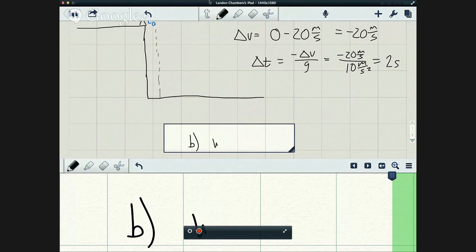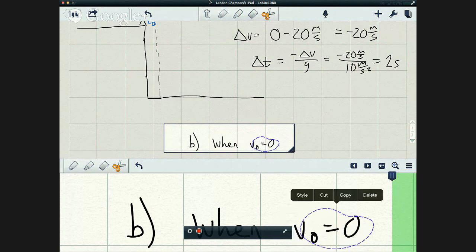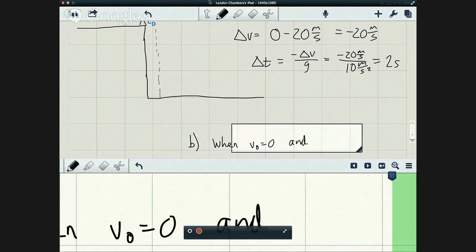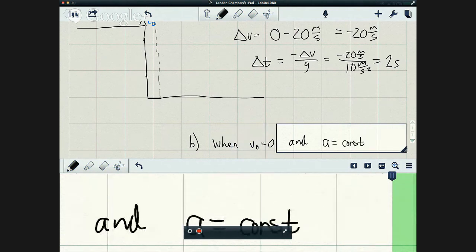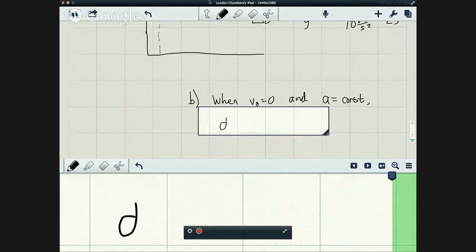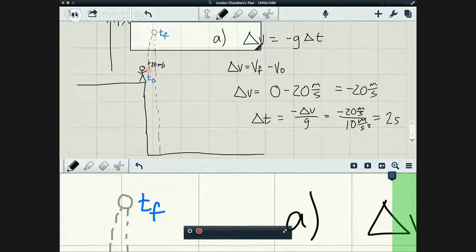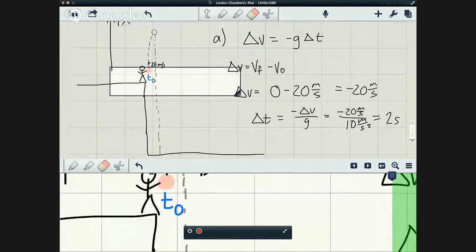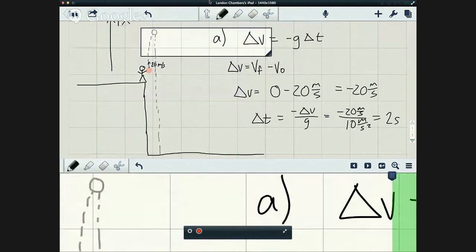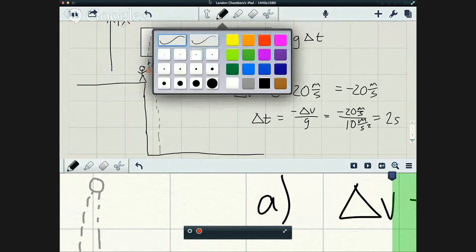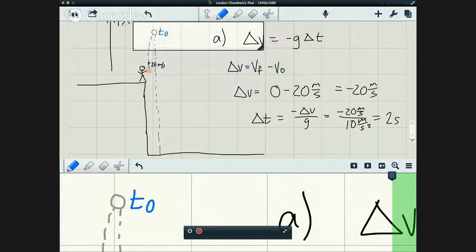Well, when V initial is 0, which it's not, and acceleration is a constant, which is the same condition as in the first part, the distance traveled, or the change in coordinate, is 1/2 times the acceleration times the time squared. And let's call that a change in time squared. So let's change our T initial and T final, shall we? We want our T initial now to be where V is 0. So I like this point, and I like T final being